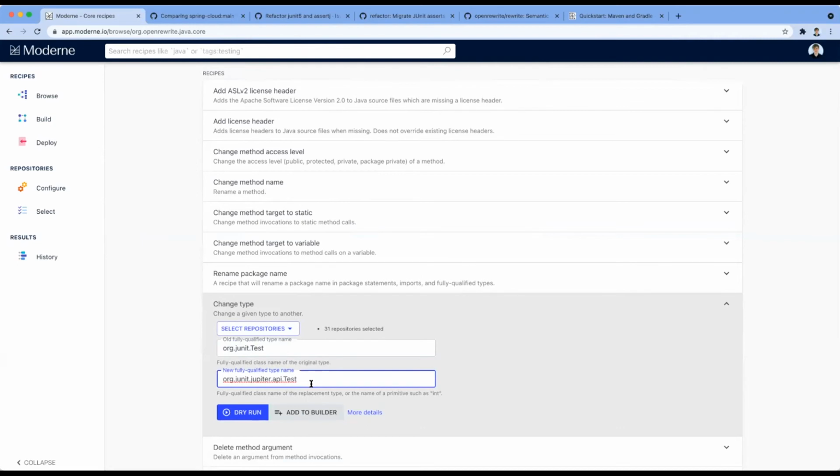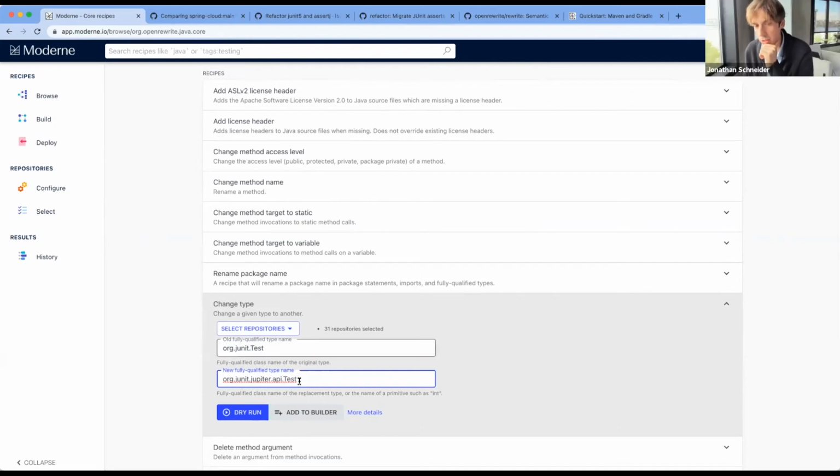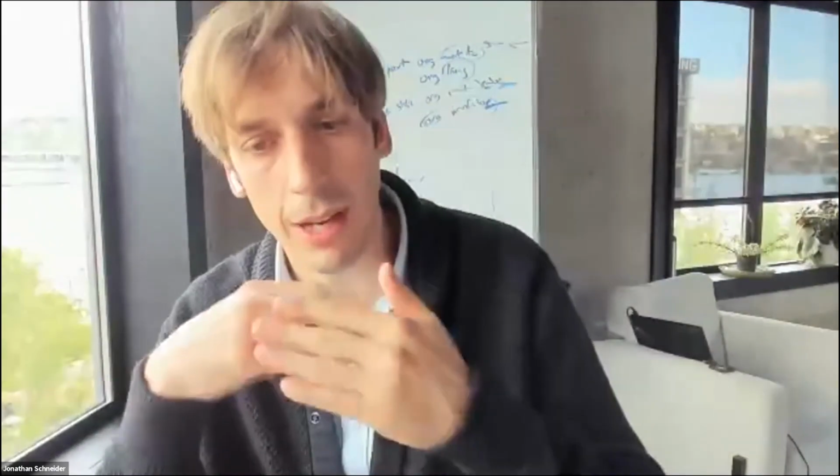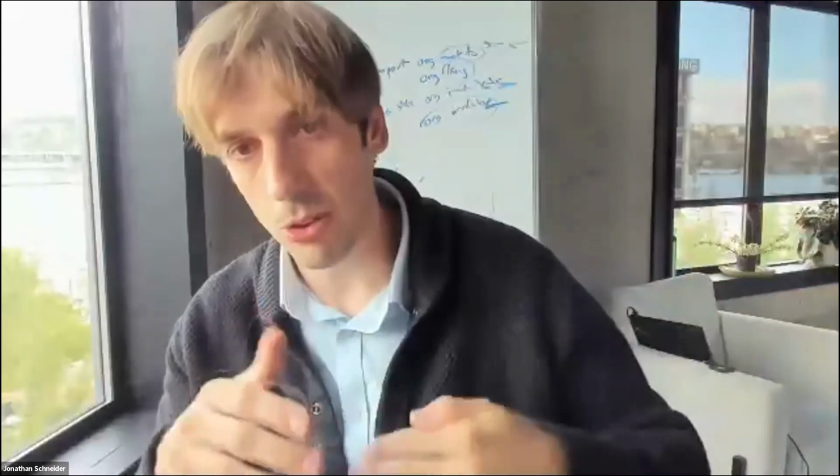So yeah, we do the same thing really with implements or extends. Anywhere a type reference could be in the AST, change type would make that change. And then if necessary, it would also manipulate the imports. And change type is a really good example of how we're building layers of abstraction towards